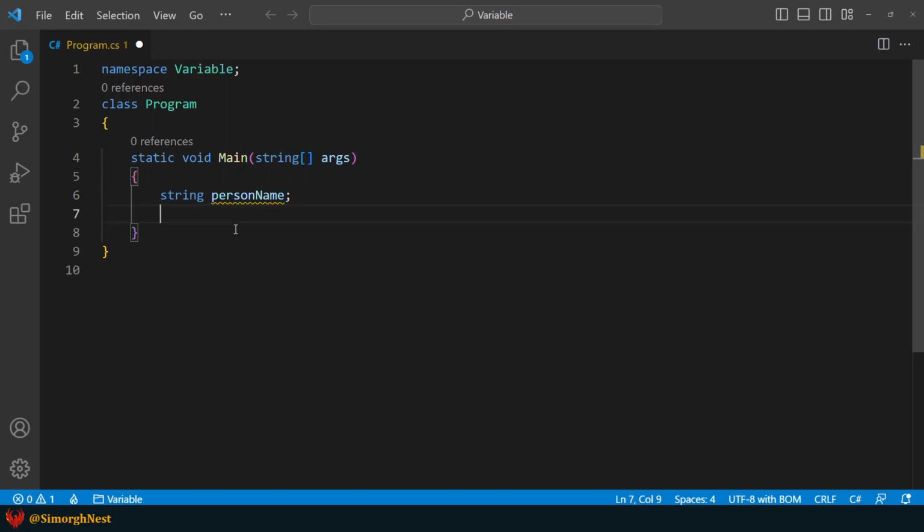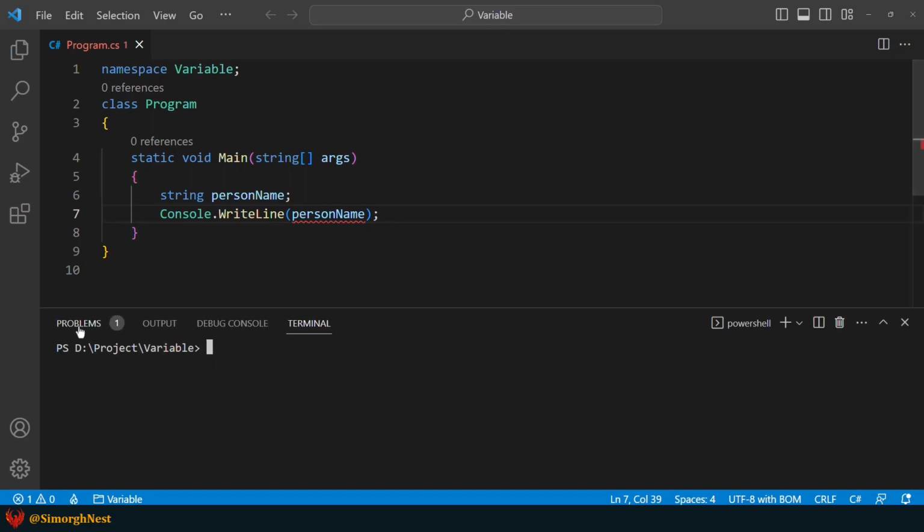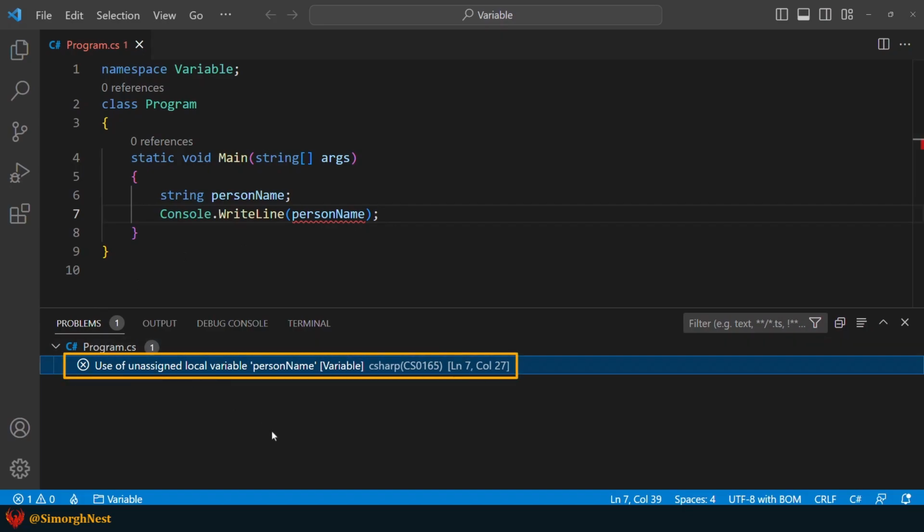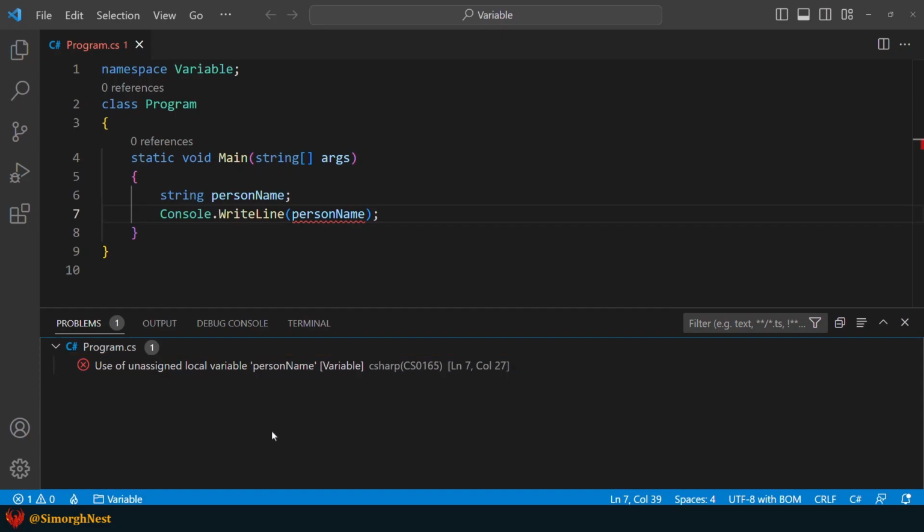Now, let's try to display the person name in the terminal. Okay, why is this complaining to us? Let's find out. Open the problem tab and see the error message. This message tells us we are trying to use an unassigned variable.